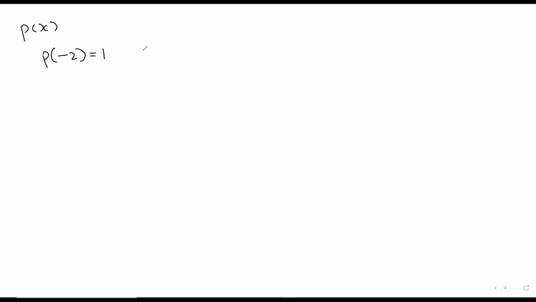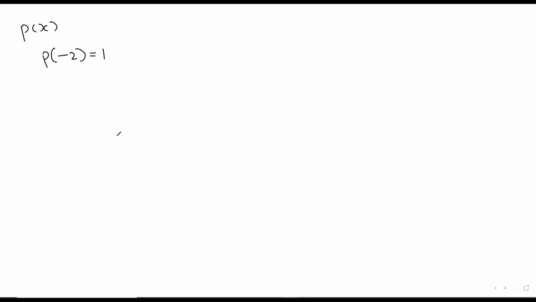Hamna, Mridula? Ma'am, the statement means that P of minus 2 is equal to 1 and the remainder is 1. Remainder when you're dividing it by what? Okay, Mridula, you're almost there. What I wanted to ask, let me make my question clear: what do you mean by the statement P of minus 2 is 1?